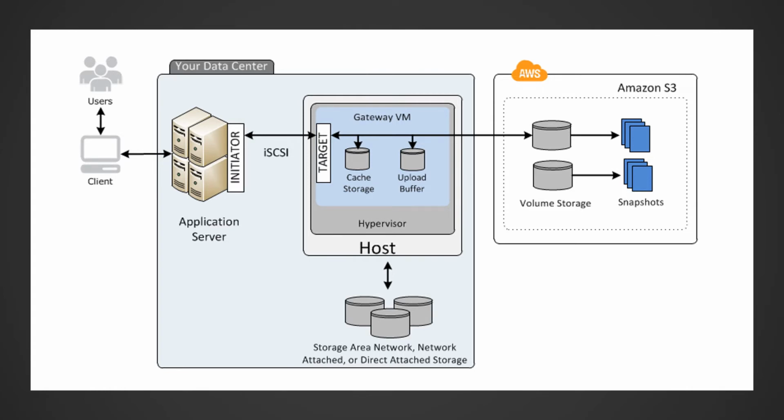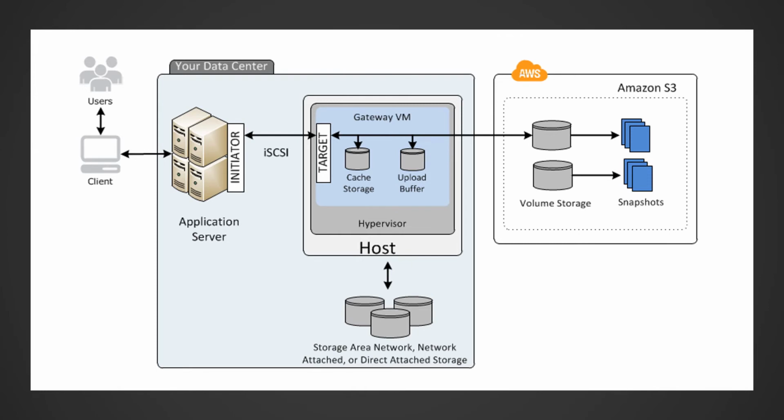So after you install the storage gateway software appliance on a host in your data center and activate it, you use the AWS Management Console to provision a storage volume backed by Amazon S3. You can also provision a storage volume programmatically using the AWS Storage Gateway API or maybe AWS SDK libraries. You then mount these storage volumes to your on-premises application servers as iSCSI devices.